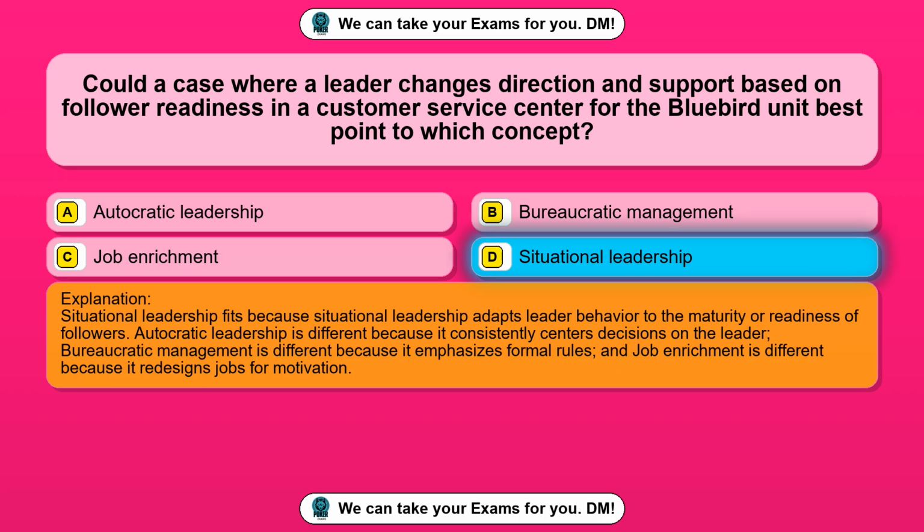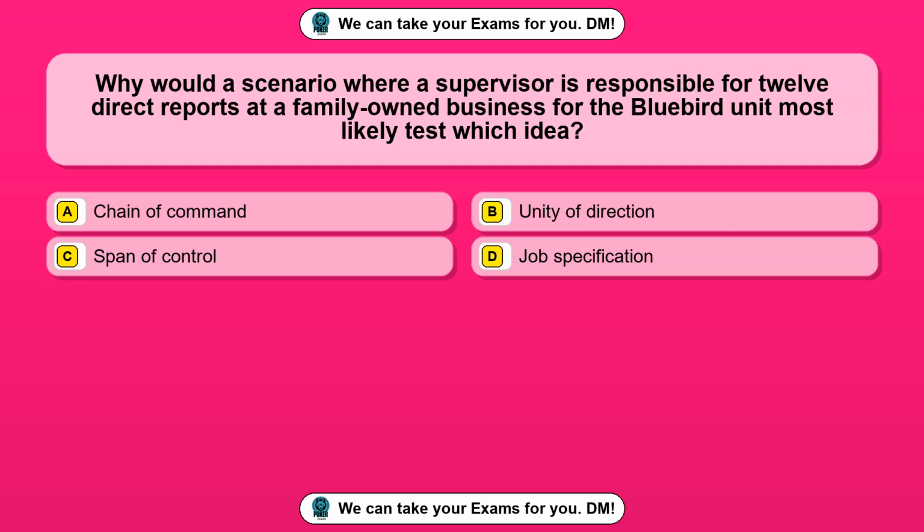Situational leadership fits because situational leadership adapts leader behavior to the maturity or readiness of followers. Autocratic leadership is different because it consistently centers decisions on the leader. Bureaucratic management is different because it emphasizes formal rules, and job enrichment is different because it redesigns jobs for motivation. Question 78. Why would a scenario where a supervisor is responsible for 12 direct reports at a family-owned business for